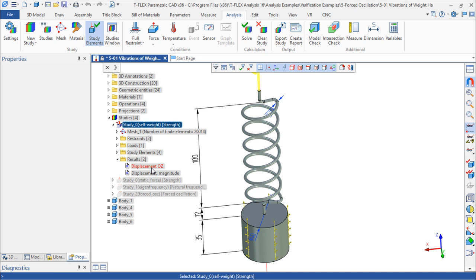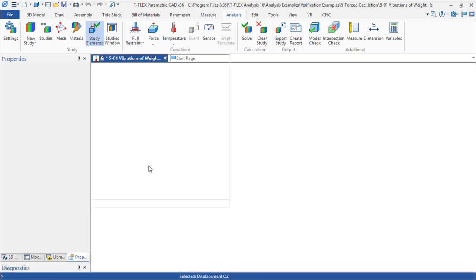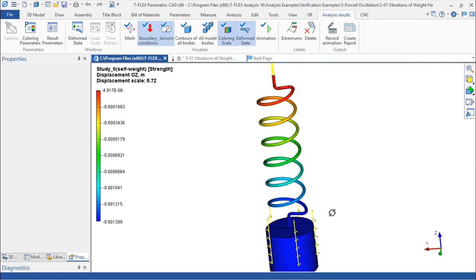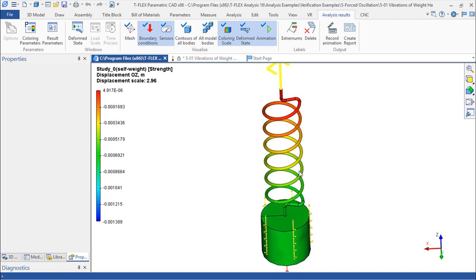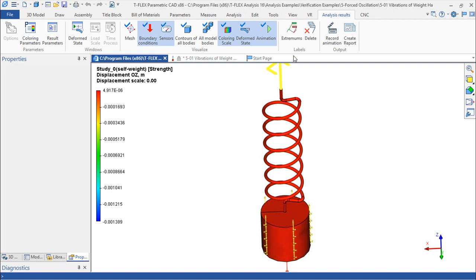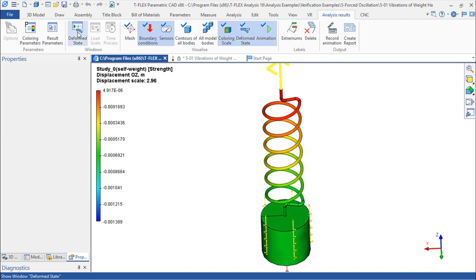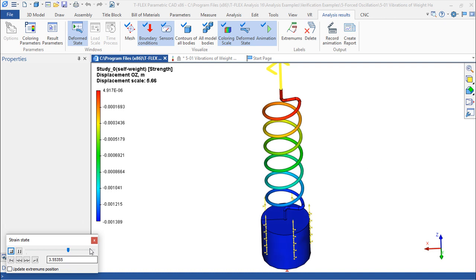We also have the capability of viewing the deformed state of the structure in various stages. For this one in particular, I'm not sure what we will get, but we can try to animate this, and we have something called the deformed state. So let us try to